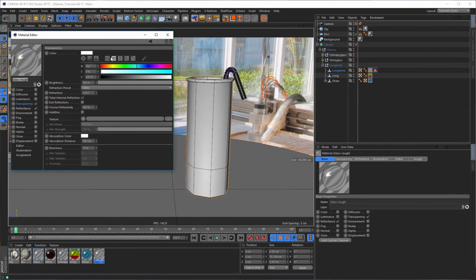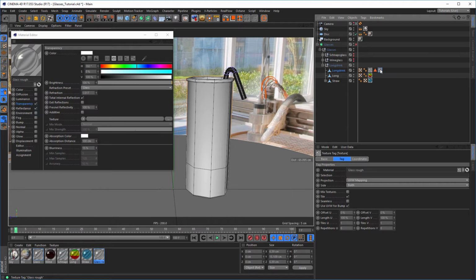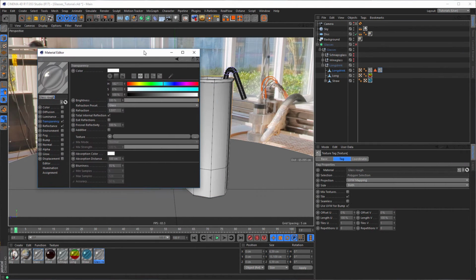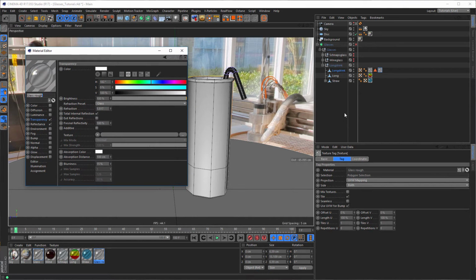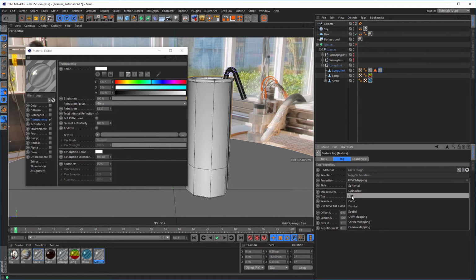And yeah, now what we want is that we don't see it on the whole selection here. So what if we take this now on the Longdrinkglas, and here is the selection tag selected, we have here a selection slot. Here we drag our selection tag into, so it's now just for this selection. And what I want here is cylindrical mapping. So I go to the material here, go to cylindrical,